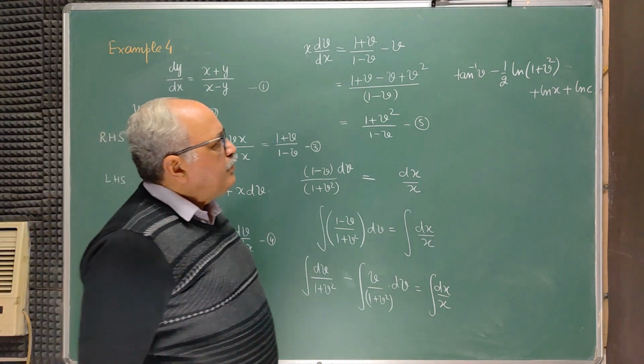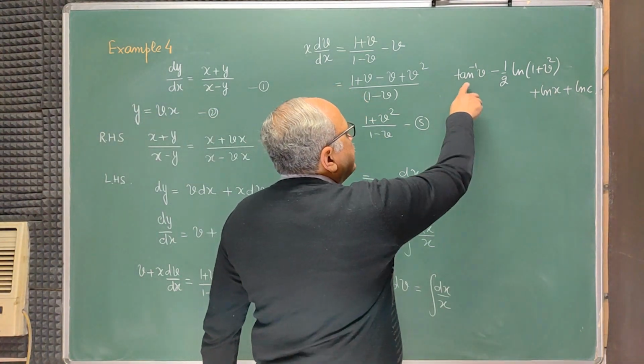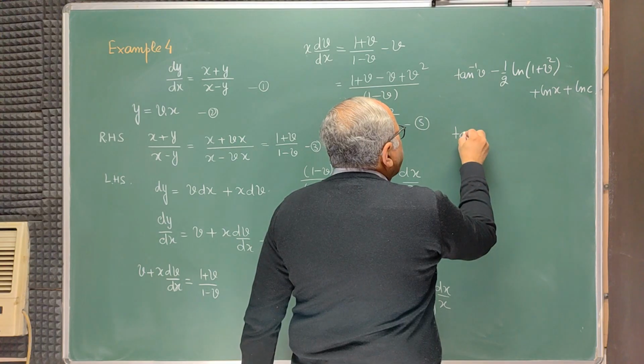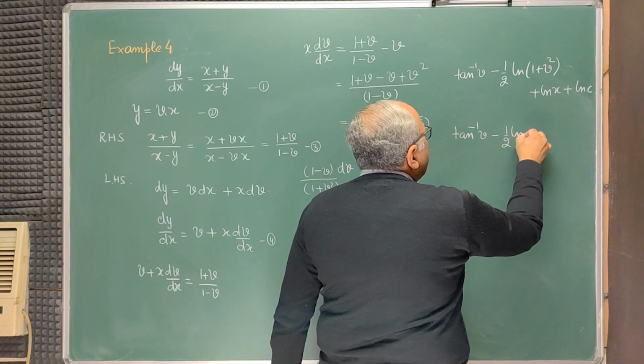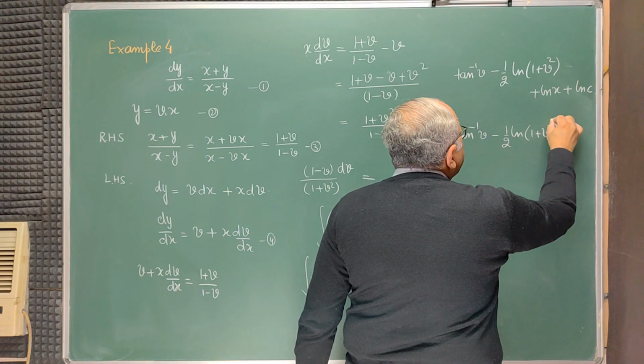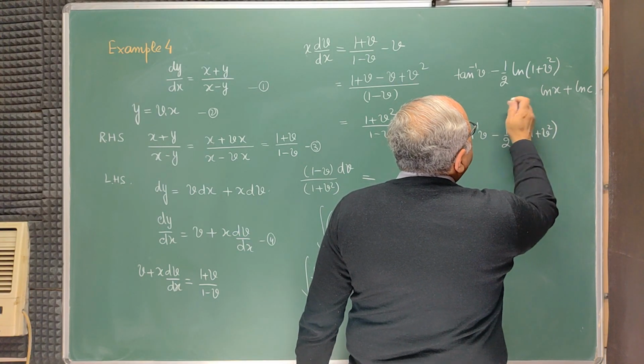So now we can easily make out that this is tan inverse of v minus half log 1 plus v square is equal to